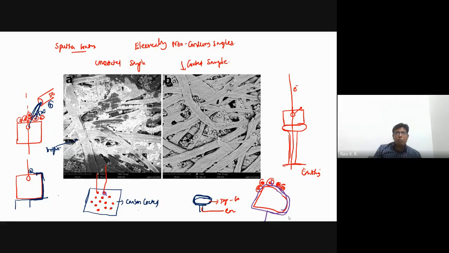If you are using nanomaterials, you don't want to coat, because your sample dimension is already small. You have small particles. If you coat, then the coating can have a significant impact. When you do chemical analysis, you start seeing the gold also in the chemical analysis. We don't want that. So that is the reason we use low kV, low vacuum.